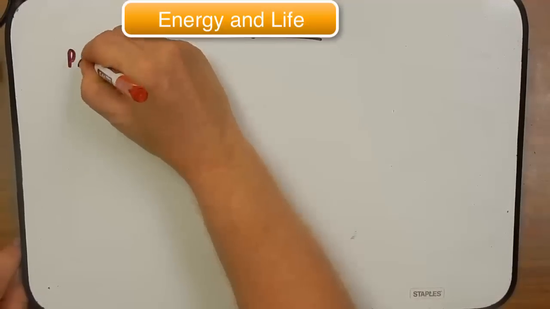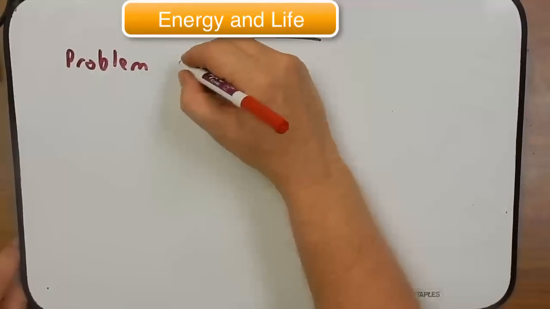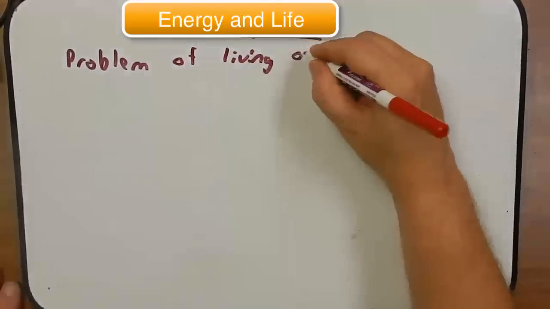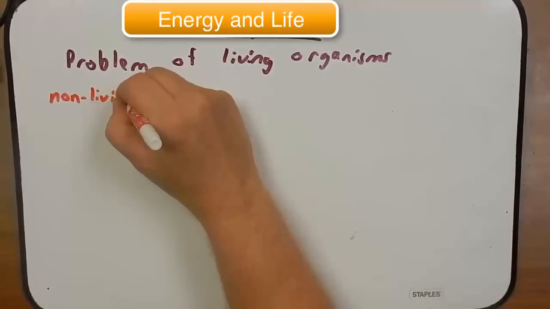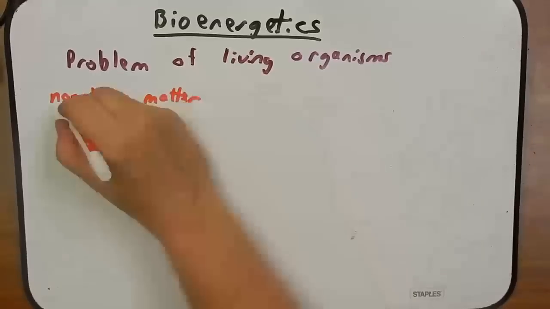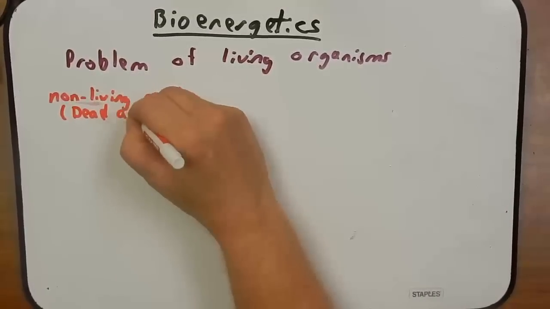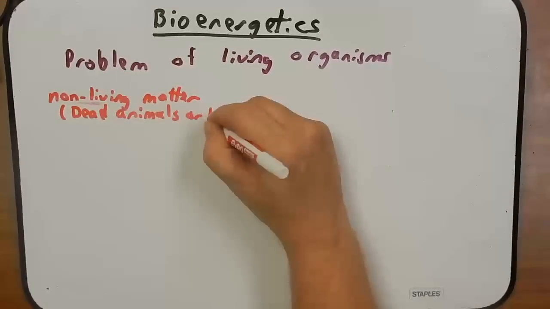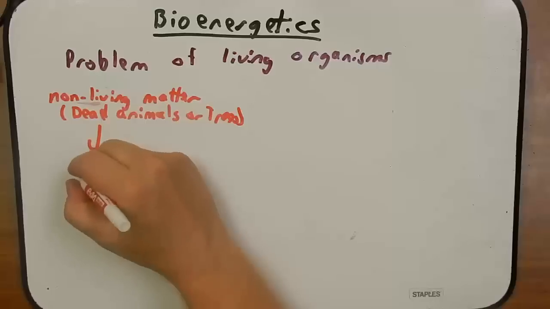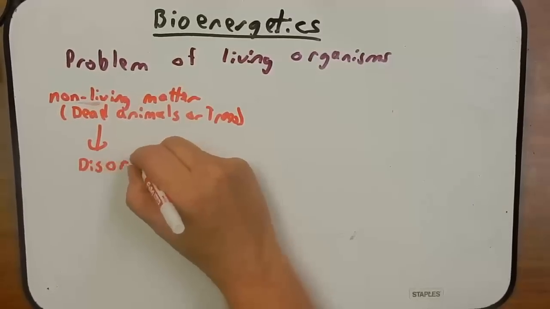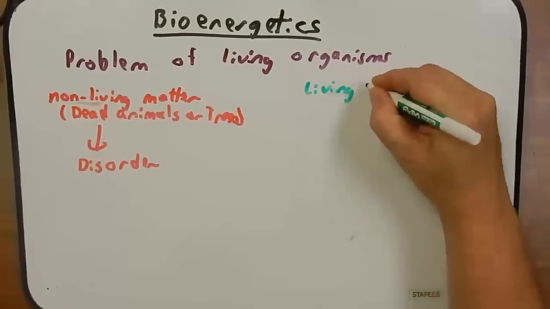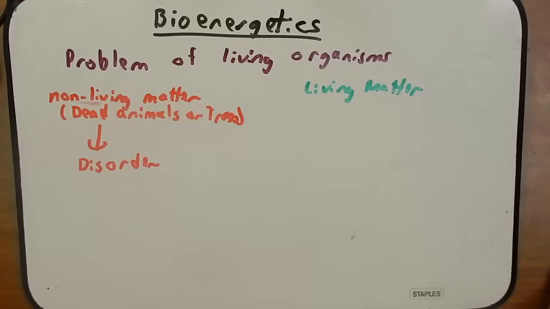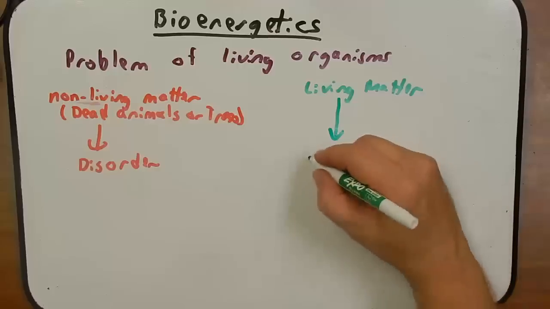Now I want to talk about the problems of a living organism. It's not such a problem because at least we get to live, but it's a problem that has to be dealt with. Let's first look at this from the perspective of non-living matter. Things like dead animals or dead trees. They tend to move towards disorder. They break down, they decay. That's what they do. However, living matter may have a tendency to go to disorder, as we'll talk about in a little bit, but they somehow maintain